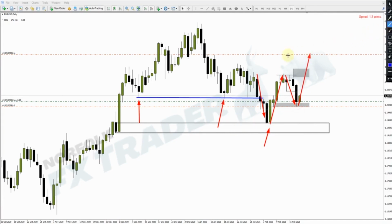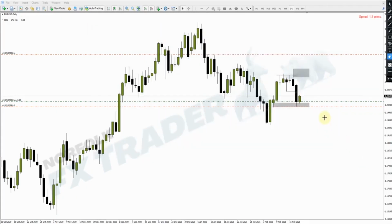Now, as you can see, I've currently got my target, these previous highs, where I'm looking for a great risk to reward on this trade. I will go through that at a later point once this trade unfolds, exactly why I'm looking to target that trade. So make sure you watch the rest of this video so you understand why I'm looking at these types of targets. So let's go to the entry, but first, before we do that, what this has created for me